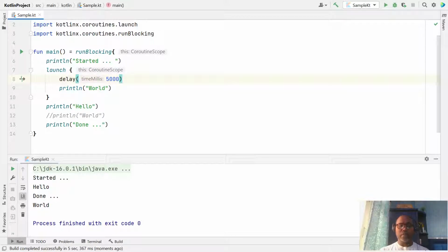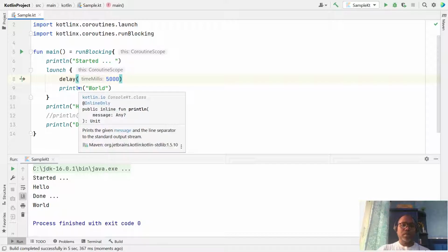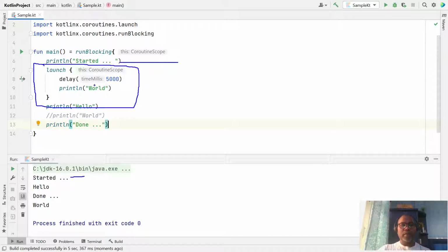Let's analyze this block of code. If you look, start is printed, then this code is not printed, then hello is printed, then done is printed, and due to runBlocking, this main function waits.